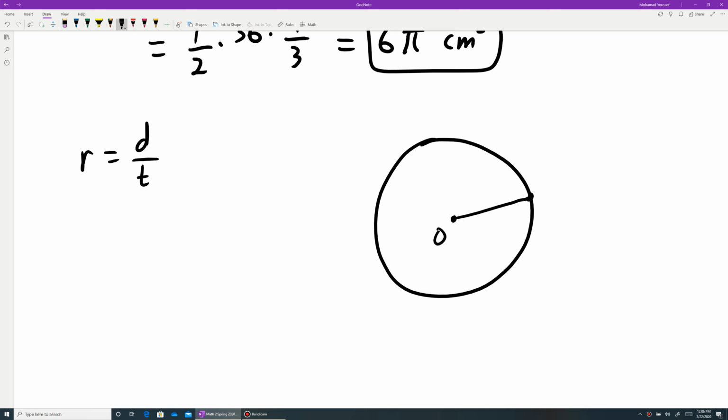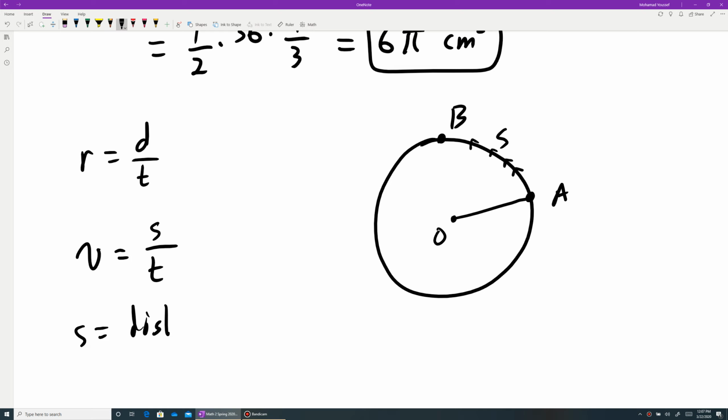We get an object moving from point A to point B on this circular path. We would like to know the velocity of the object on this path from A to B. How fast is this moving? Say the length of this arc is s. We define it similar to rate equals d over t. In this case we call it velocity, and the distance here is s divided by the time t,